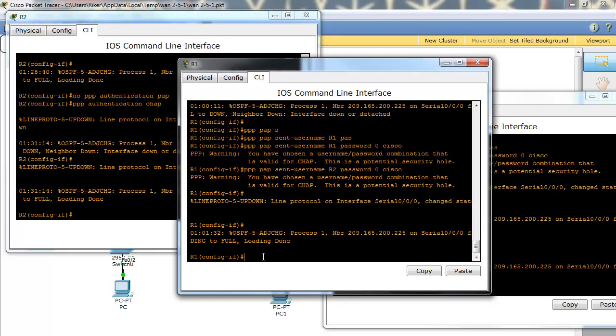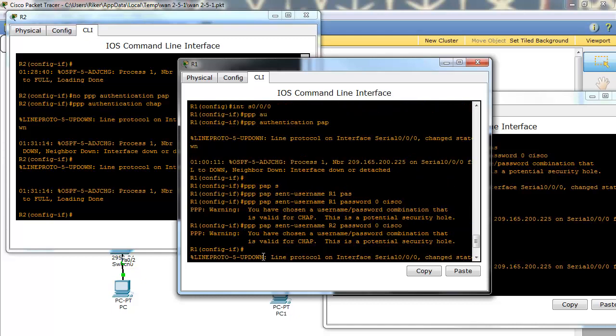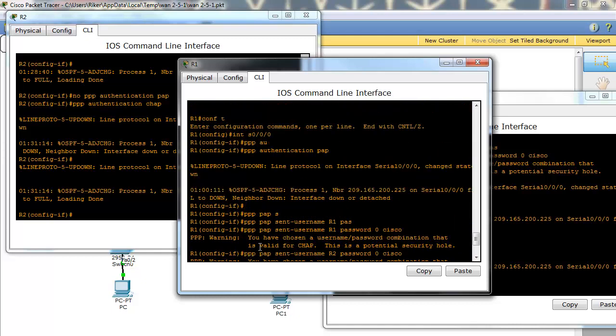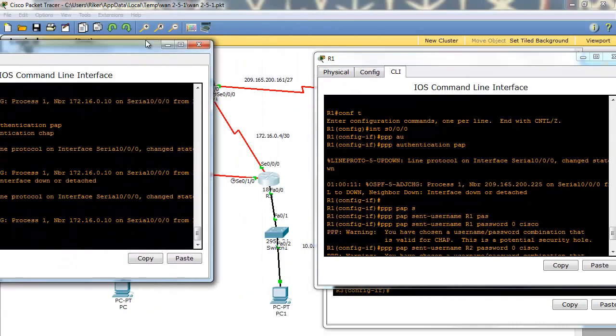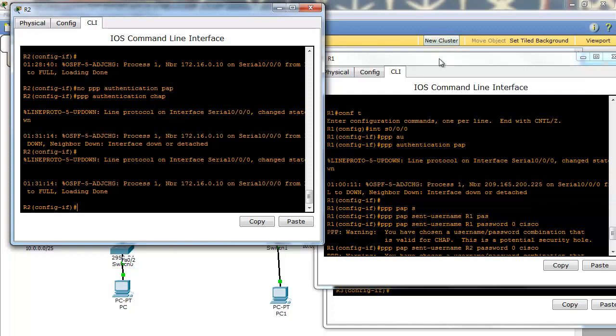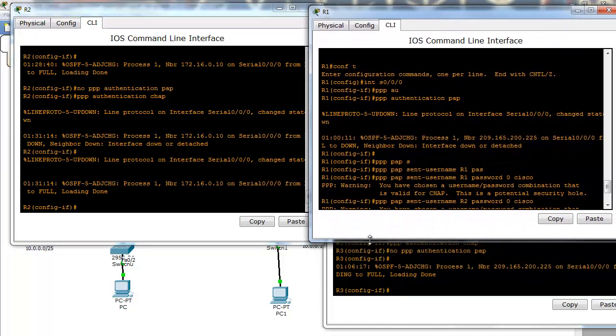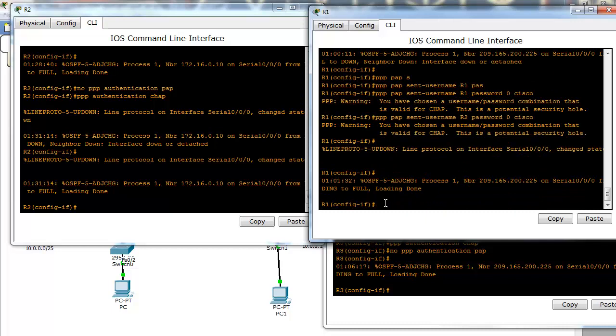And then this is R1, so I'm going to go into interface. In serial, you can't do a range command like you can in FastEthernets. So I think I'm in serial 0/0/0, which is the interface to R2. So I'm going to try to go, I'm going to do,